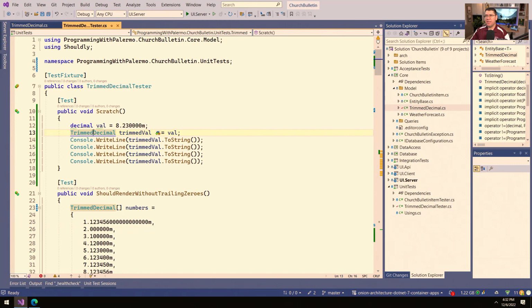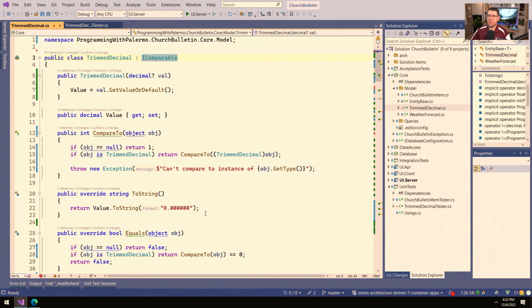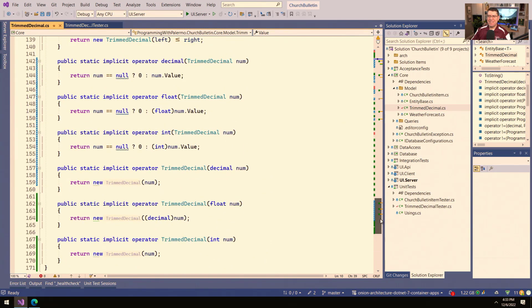And if I go again into trim decimal, I've also done comparable, which gives me a lot more. But if I just want an object that wraps a decimal, that again keeps the value of it inside of it. In this case, if I want to leave it as public, I could make it private. But I'm basically creating my stand-in for a primitive, and I'm making life easier all around the rest of the application, because data coming in that I want to do just a little bit with,